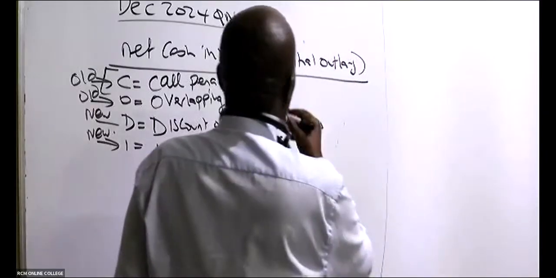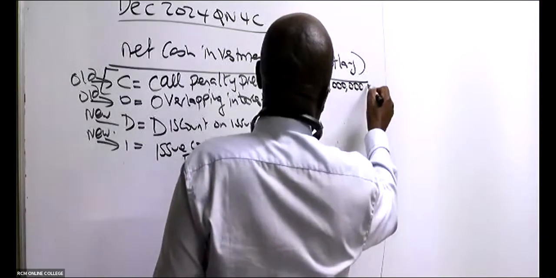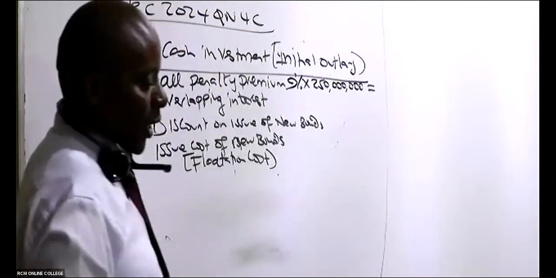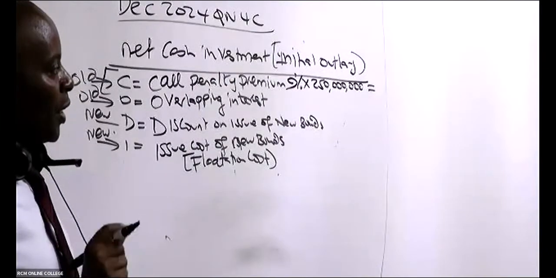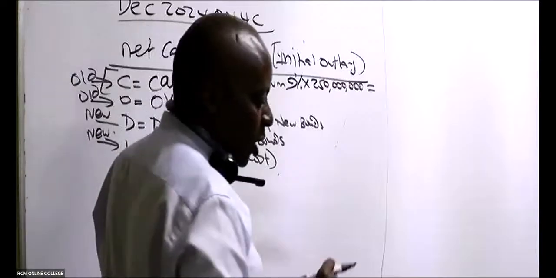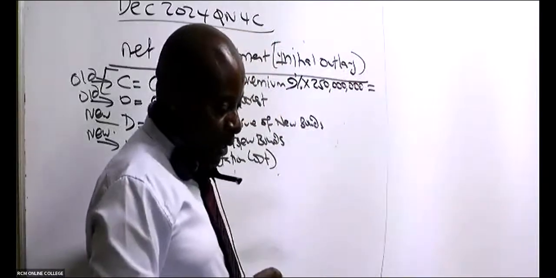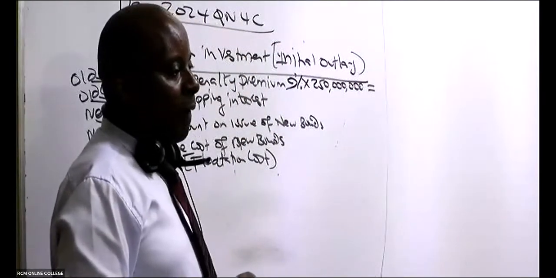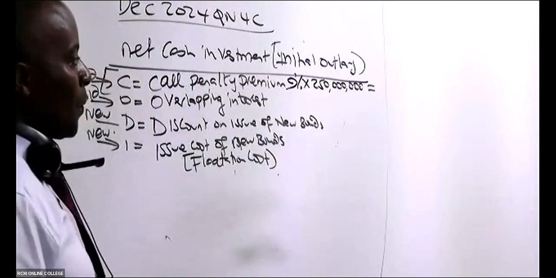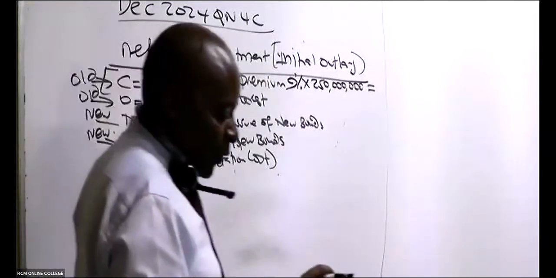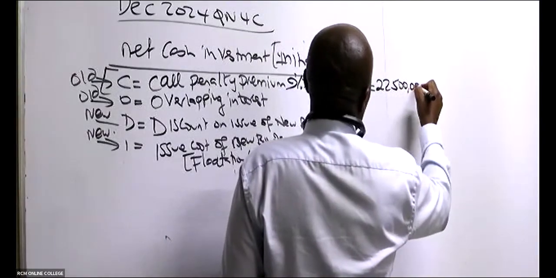And what is the face value? 250 million, isn't it? The face value is 250 million. You lose that, all of it at once. 9% of 250 million. Please give me a figure. I write down. 22,500,000. Thank you so much.